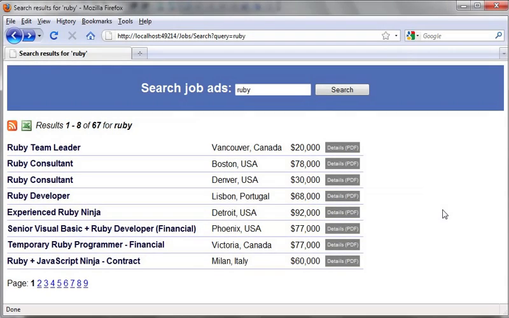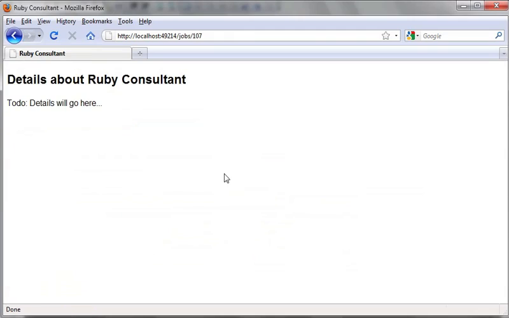Okay, let's step it up a gear and think about the real problem of search engine optimization. Well, everybody wants their pages to be at the top of the search engine results list, and we generally believe that search engines give priority to pages that have relevant keywords in the actual URL. Of course, the routing system can help us to achieve this. So right now, if I visit a job details page, I might have a URL like job/107. That doesn't really have very many relevant keywords. I might prefer that to be something like job/USA/Detroit/Ruby consultant.